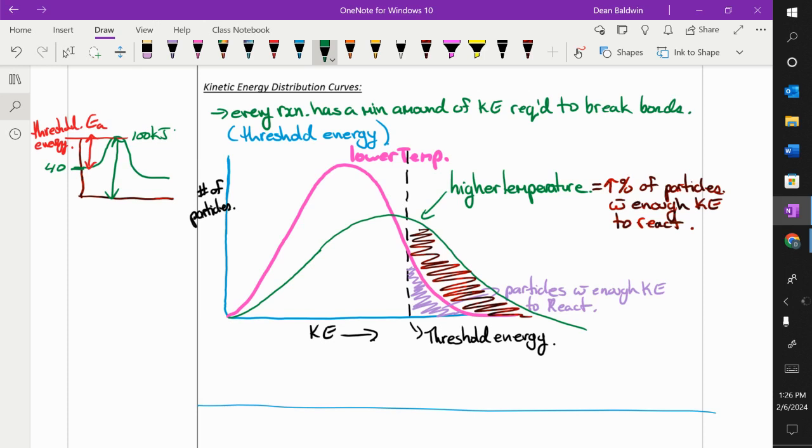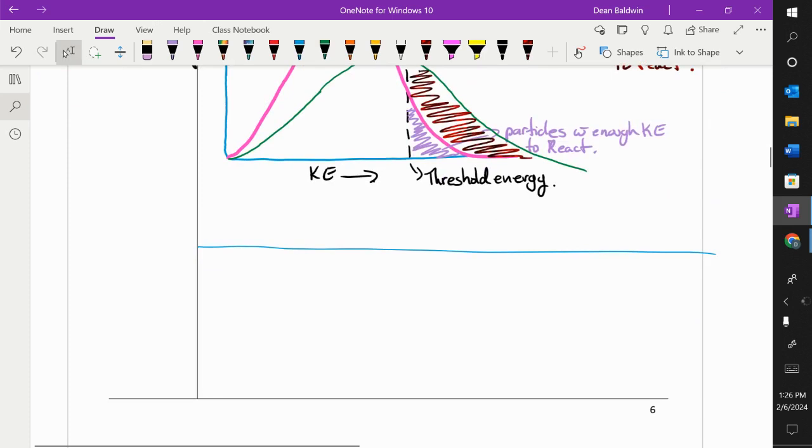Okay? All right. So what determines threshold energy? What's going to determine that? That's what threshold energy is, but what's going to determine where it is? How strong the bonds are. So it's going to be different for all the molecules. Okay? So in chemistry,